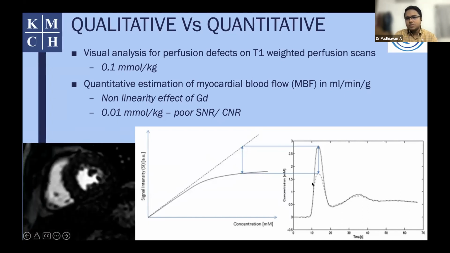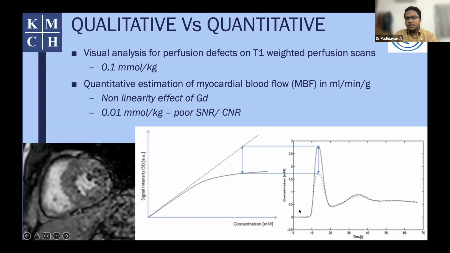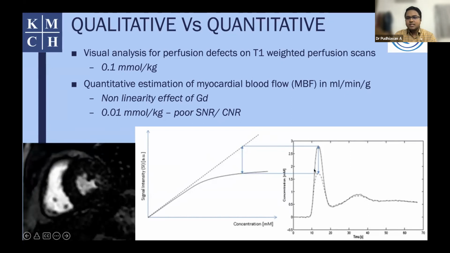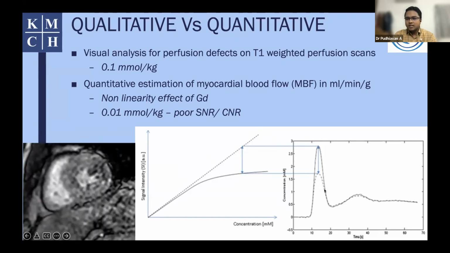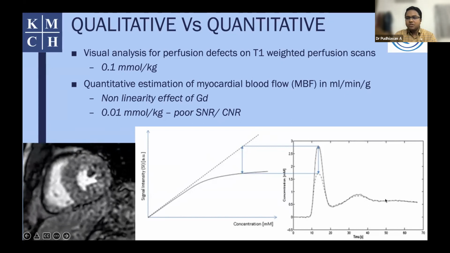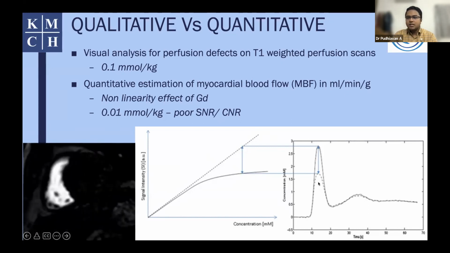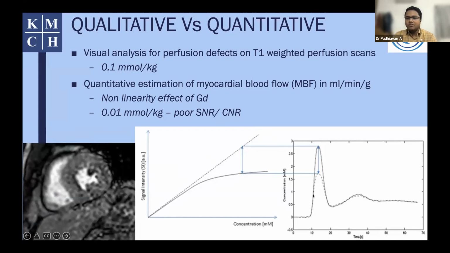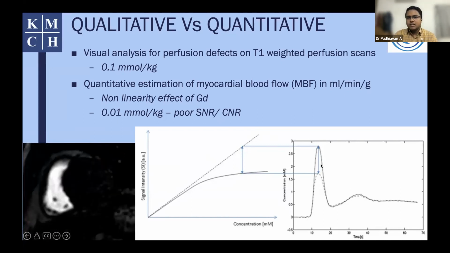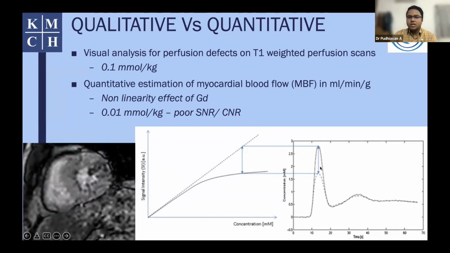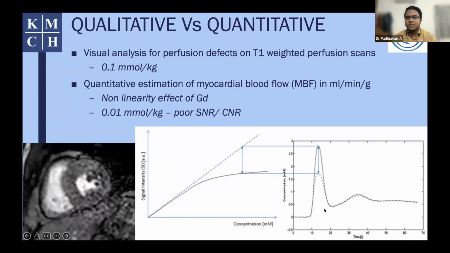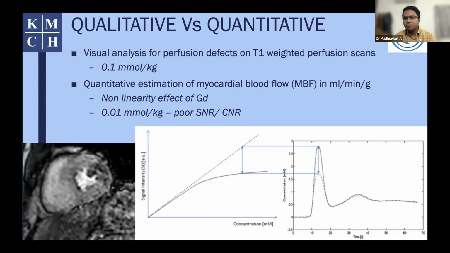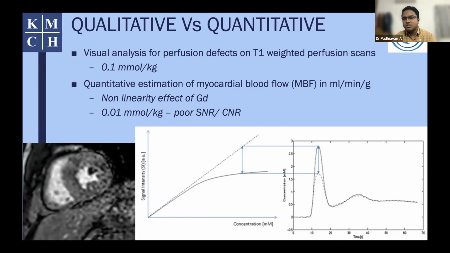This becomes a problem because during the arterial input function, the gadolinium contrast is injected, the signal intensity rises to a peak, and then there is washout of contrast and an equilibrium phase is obtained. But in the arterial input function, that is the first pass perfusion of the gadolinium contrast through the LV, the signal intensity is not directly proportional to the concentration of gadolinium that reaches the LV cavity. So this results in a spurious estimation of myocardial blood flow